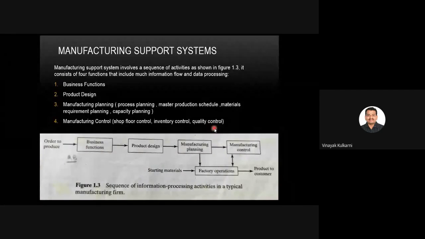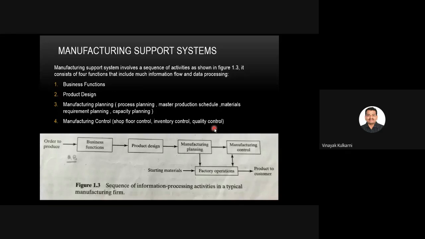To accomplish its mission, quality control depends on inspection activities performed in the factory at various times. It is not that every time you go and put the vernier caliper in a CNC machine and keep checking the diameter. No, you cannot do that. There will be a certain period and time limit for where to check and how to check the quality of what the product is being produced.